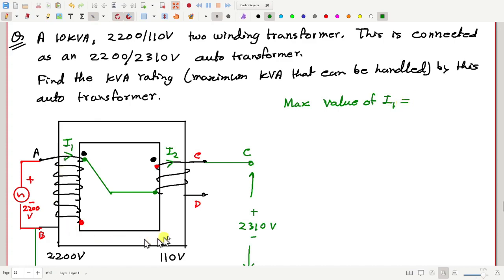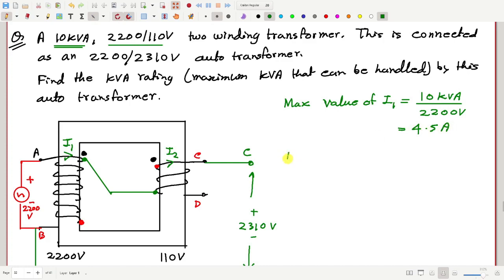Okay, so this was originally a two winding transformer with 100 kVA rating and this voltage rating. What was the maximum allowable current for the primary coil? That was 10 kVA by 2200 volt. How much is this? Could you please calculate? I think this is around 4.5